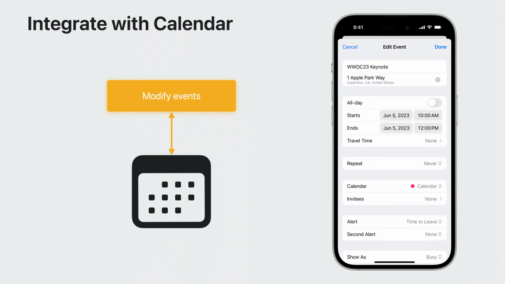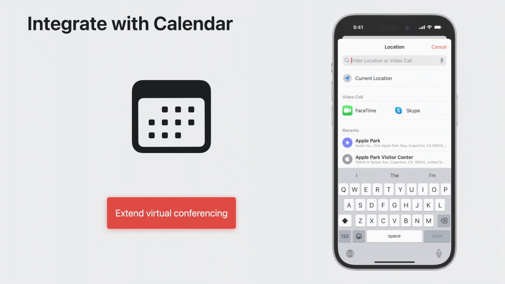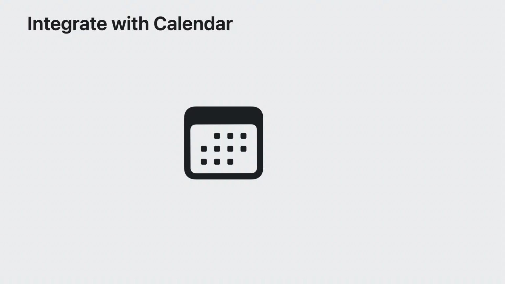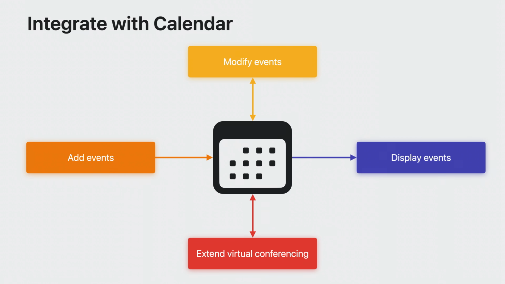Other apps contribute in both directions. They help people manage their schedule by viewing and editing events. Apps that support voice or video calls can also take part. A virtual conference extension not only improves the experience in the Calendar app, but it also provides a shortcut back into your app. All of these fit together to provide a cohesive experience for managing time. Later, I'll walk through some specific examples to get started in each of these areas.